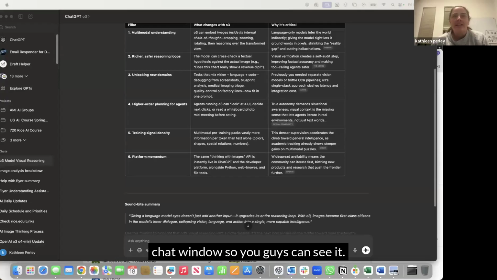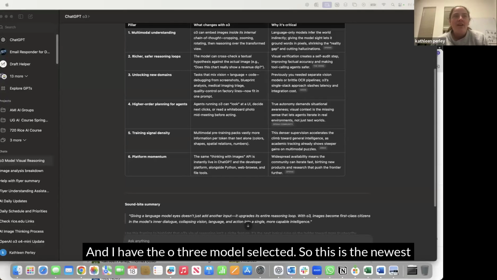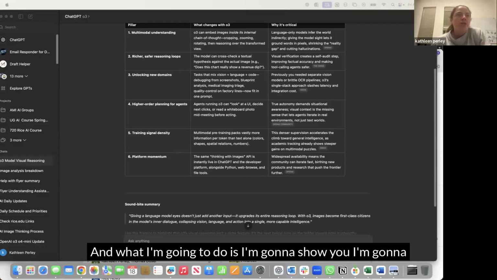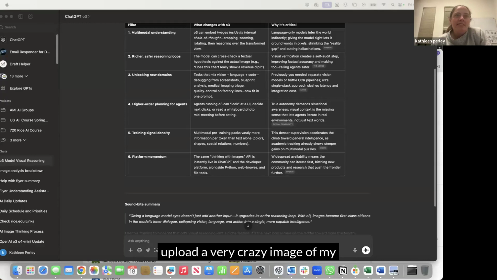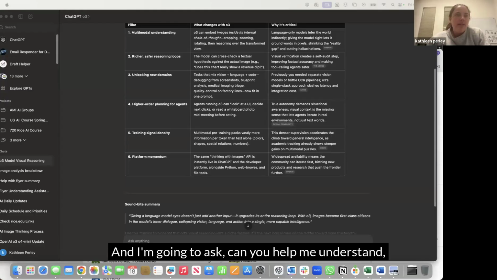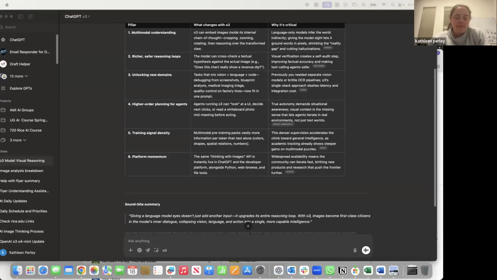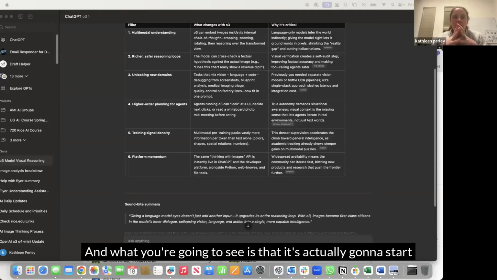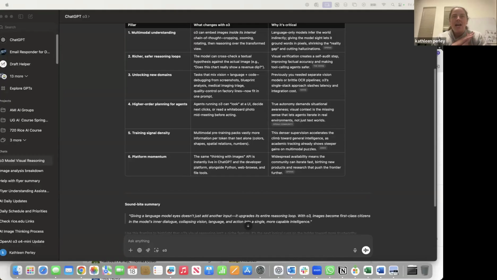I'm going to open a new chat window so you guys can see it. And I have the O3 model selected. So this is the newest model that was released. And what I'm going to do is I'm going to upload a very crazy image of my office, and I have a flyer on the wall. And I'm going to ask, can you help me understand the overarching information shared on this flyer? So I'm going to go ahead and add that in. And what you're going to see is that it's actually going to start cropping and zooming on